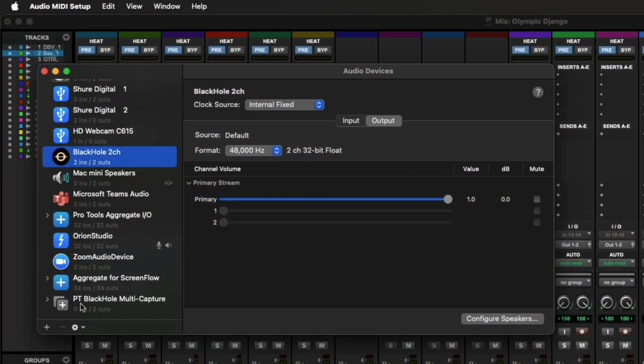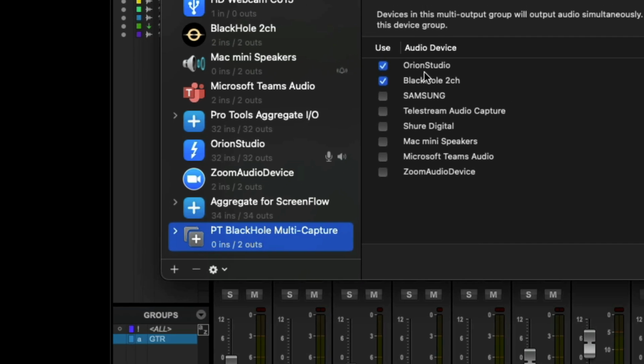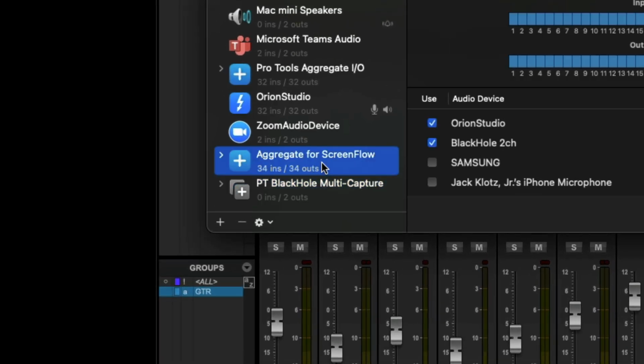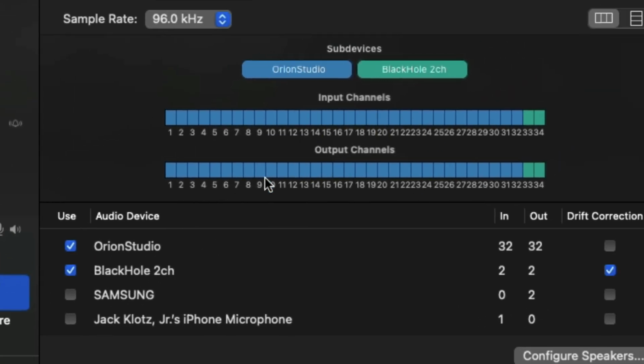So there's two things in Audio MIDI Setup on the Mac that you have to do to make this work. The first thing you have to do is to create a multi-output device that incorporates both your interface and the Blackhole software. And then second, you have to create an aggregate device that includes both the interface and the software. And I think what the software is doing is kind of combining the I/O functions of both the interface and the software. So anything that's going through the interface is also going through the shareware,